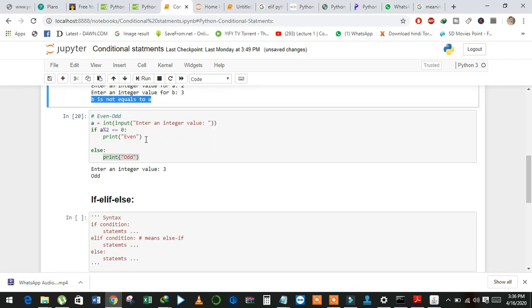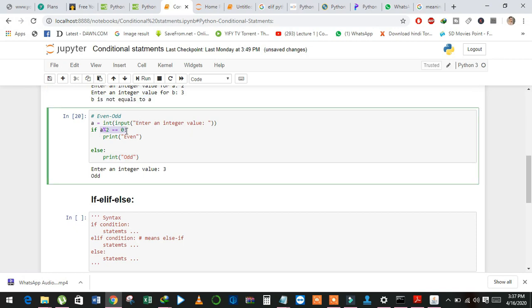Now we will see the next example, even odd. We will take a number from the user and then check whether it is even or odd. With the modulus operator we can check whether a number is even or odd.